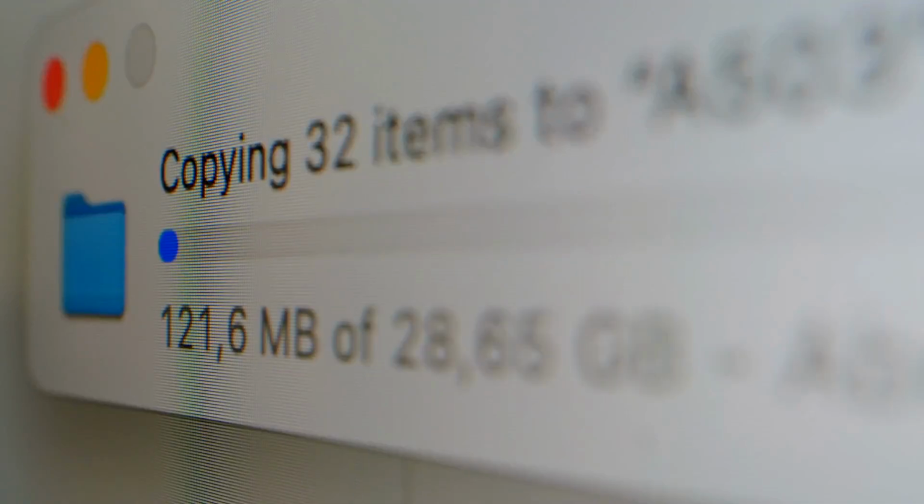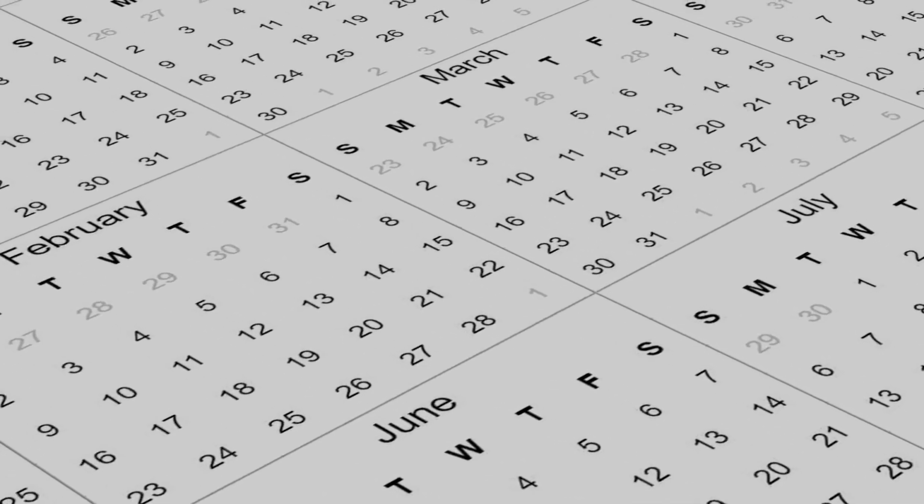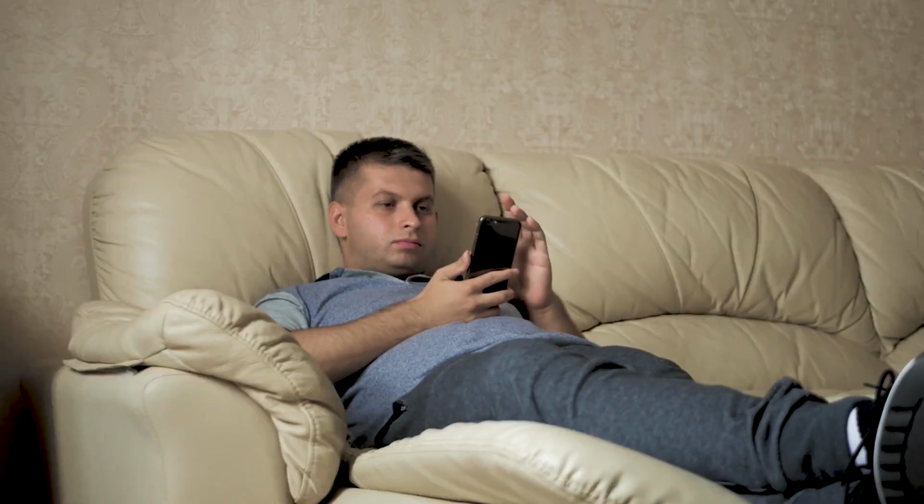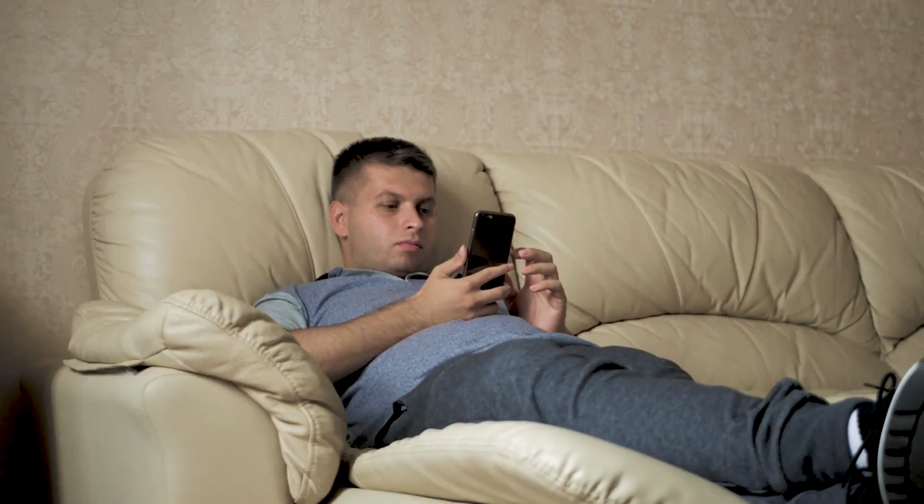Finally, we come to the part most platforms ignore: efficient batch export and scheduling. You pick your posting frequency and platforms, and the tool queues up everything across your entire content plan. That content calendar lets you see exactly what's going live, move posts around, and tweak captions for each specific platform. So instead of manually posting every single day, you set it up once and the system handles the rest of